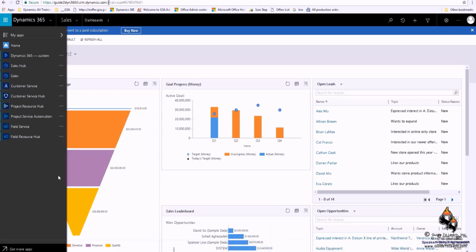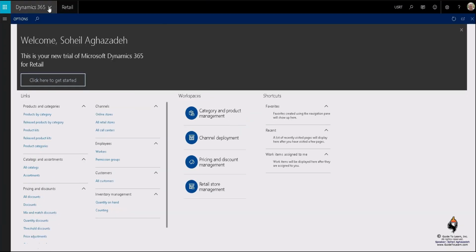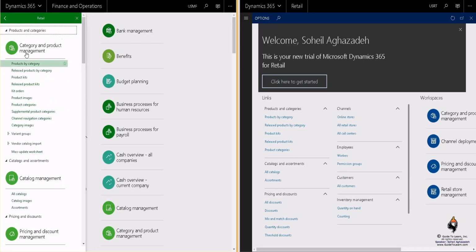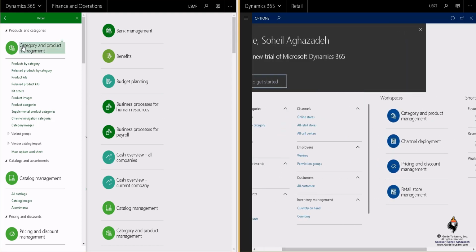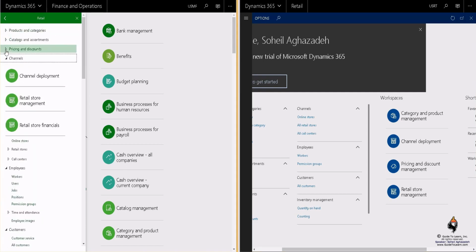Let's do a quick comparison here, yeah? Between this retail, which is 365 for retail. If I go to the area of the retail, as you notice, there's category product management, channel deployment, pricing, retail store. There are only 4 workspaces available, as you see on the retail area, whereas you see the product category is there, catalog is there, pricing is there. But channel deployment and retail store are not necessarily being shown here because you can manage a lot more. But